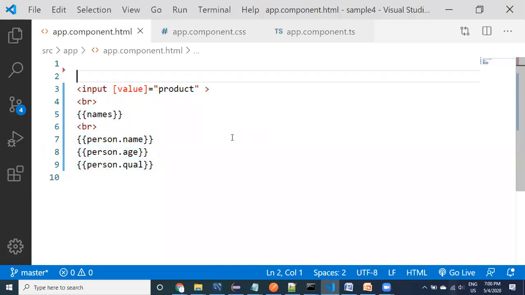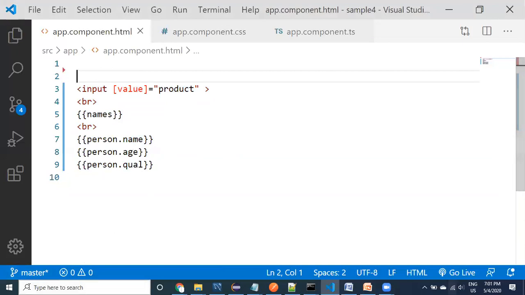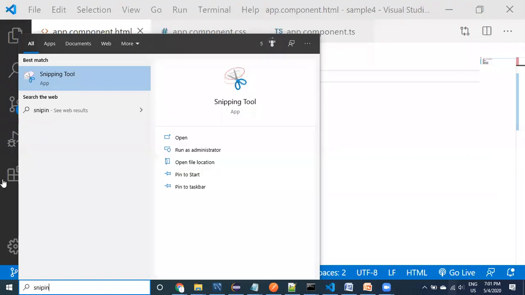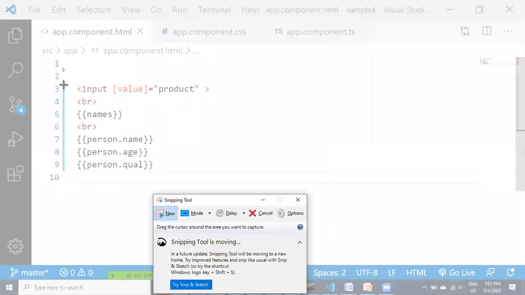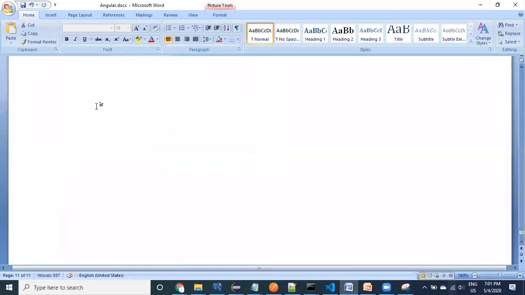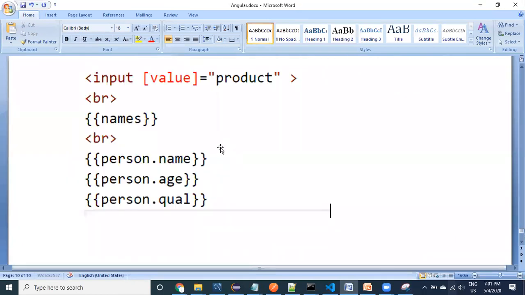Okay, right, let's look at it, guys. I just want to make a small diagram for whatever concept I have covered now.